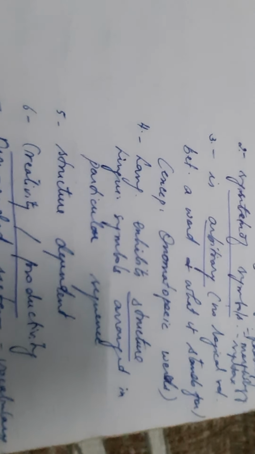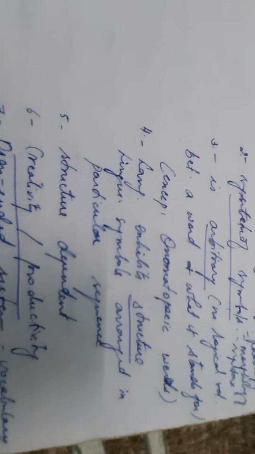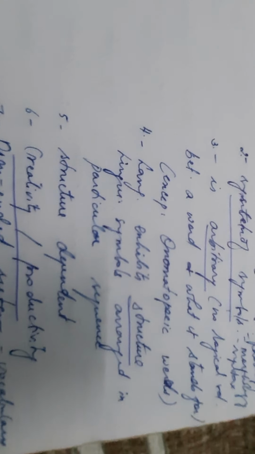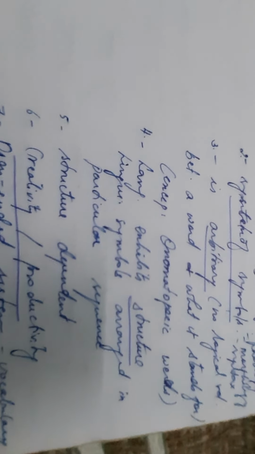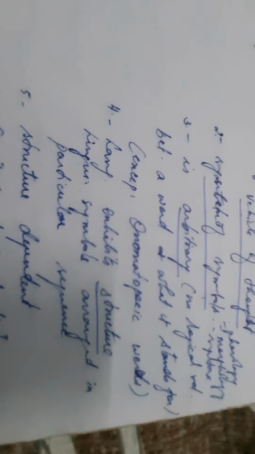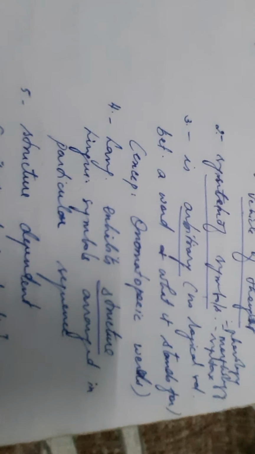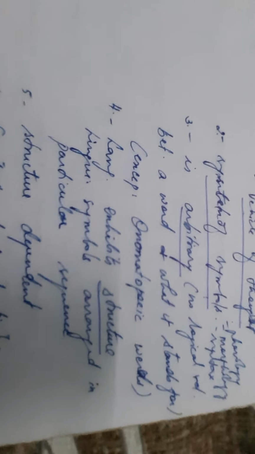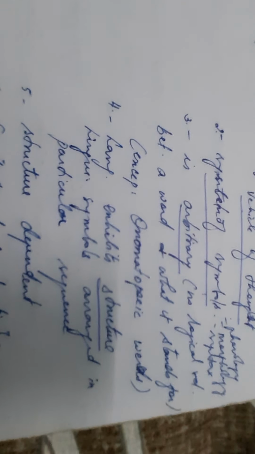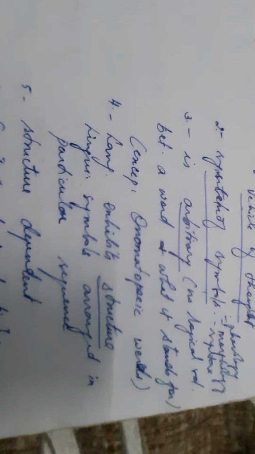So for example, if you take the English language, you have almost 44 speech sounds, and those 44 speech sounds combine in a particular manner so that they form particular morphemes or words. And again, those words you have to combine in a particular, principled, grammatical manner so that the words are framed in the form of a sentence. And again, when various sentences are put together in a particular principled grammar, those sentences combine and make a paragraph. So this is what is meant by language exhibits structure.